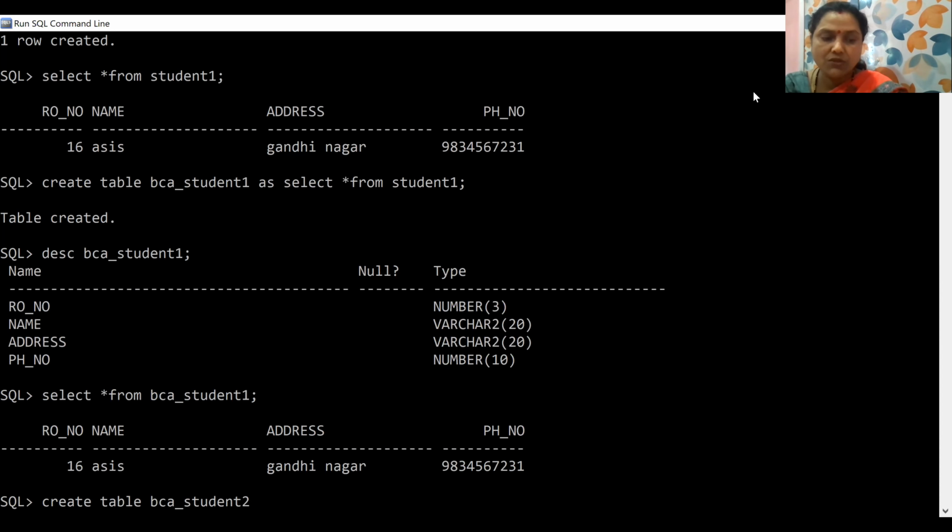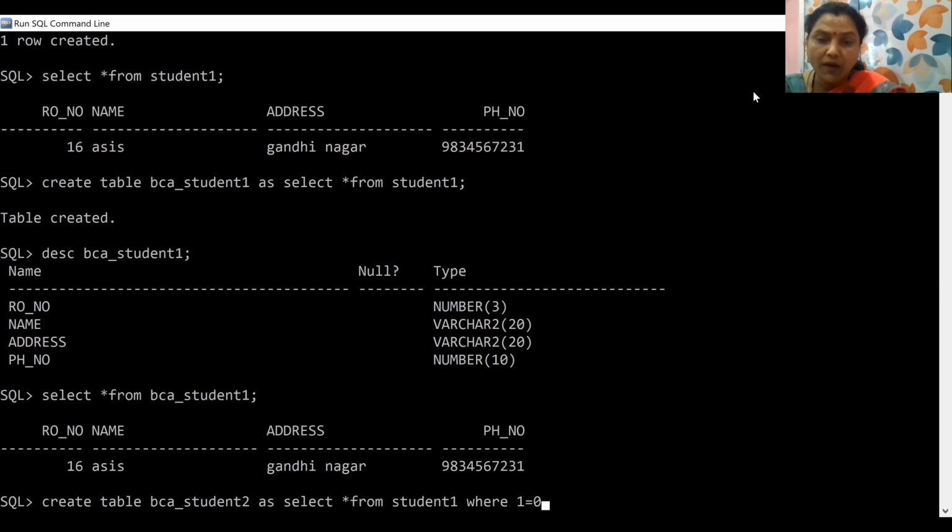Create table BCA student 2 as select star from student 1 where 1 equals to 0.